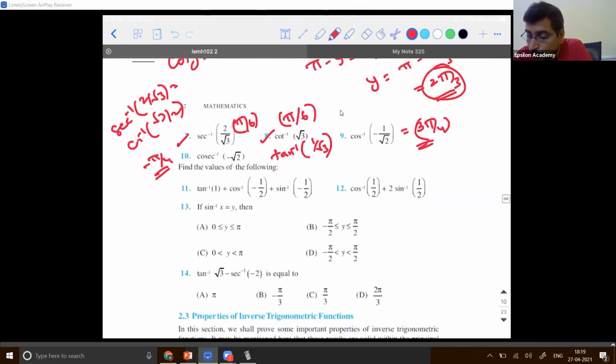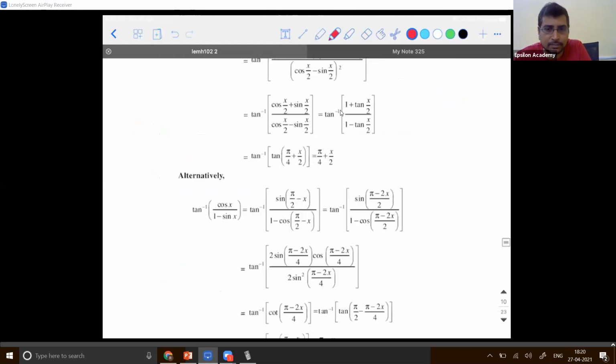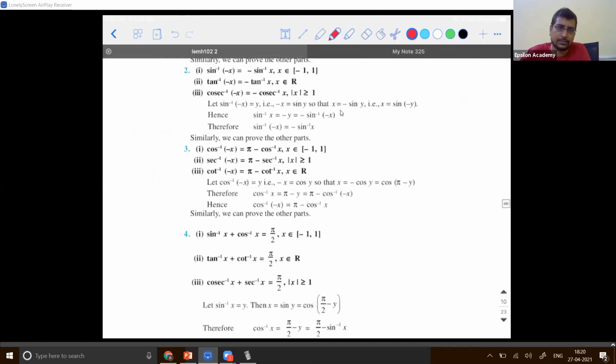And these problems I'll do tomorrow. Remind me, and I'll tell you an easier way to find all these values tomorrow. I didn't explain it today because I want to give you some time to absorb the concept. I know it would have been a little stressful today, but please go through the concepts once again before tomorrow's class, or else you're not going to understand. Trust me on that. If there is any doubt, we'll start the first 5 to 10 minutes of tomorrow's class with a doubt session, after which I will tell you an easier way to find all these values. Then we'll go to the properties and some identities. Maximum 2 to 3 more classes will be done with this chapter.